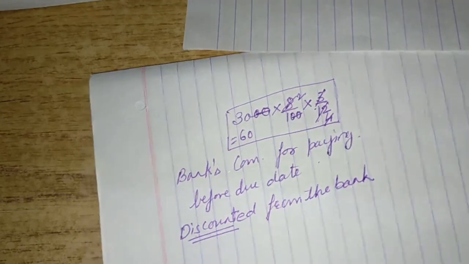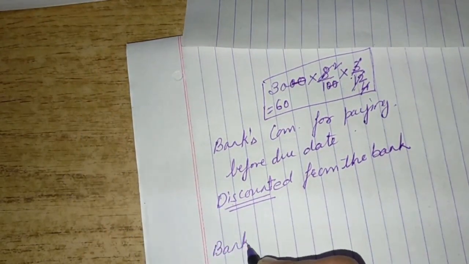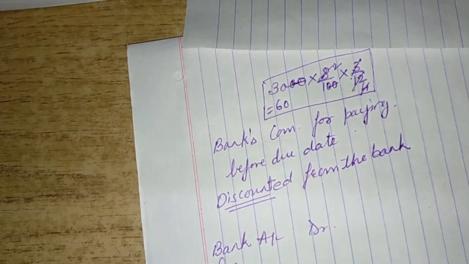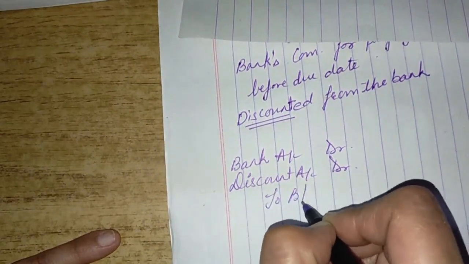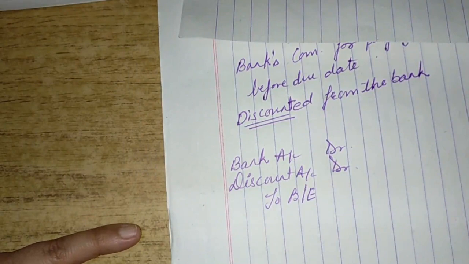And now the entry. Now when the bank is going to pay us, your entry will be bank account debit, discount account debit, to bill of exchange. I am writing bill of exchange here because otherwise you will get confused, because the